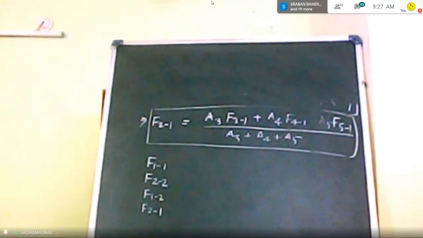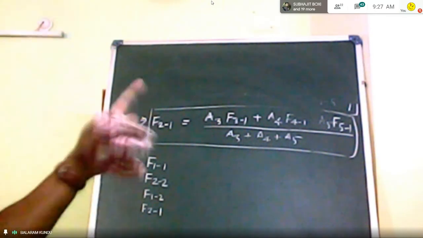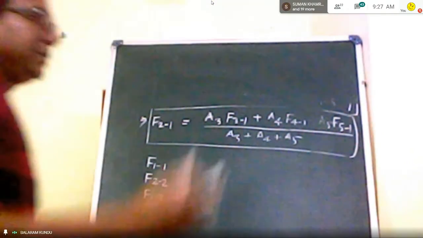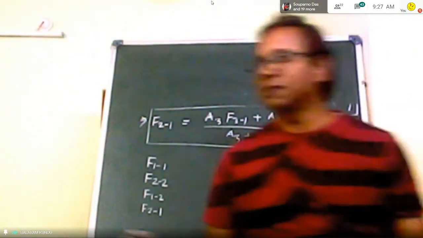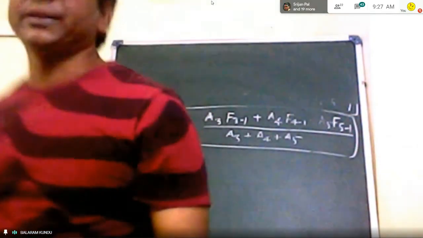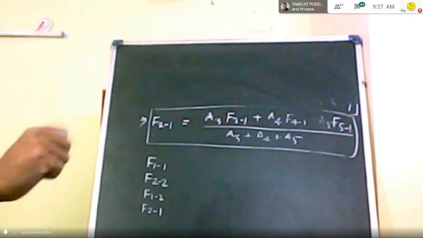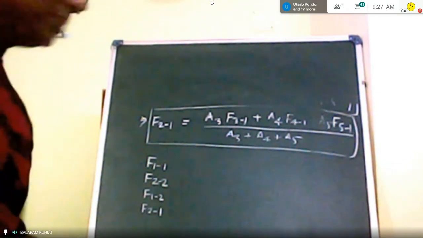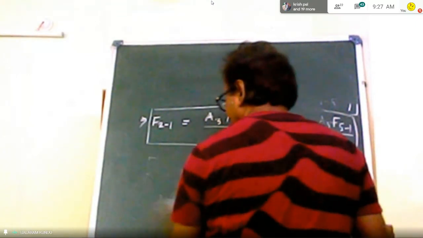So that means, say, two surfaces, so 2 squared means 4 shape factors are there. Similarly, if we consider three surfaces, obviously 3 squared, so 9 shape factors are required to determine. Similarly, if we have n surfaces in an enclosure, n squared should be there. Therefore, mathematically, we can write it in matrix form for the shape factor.